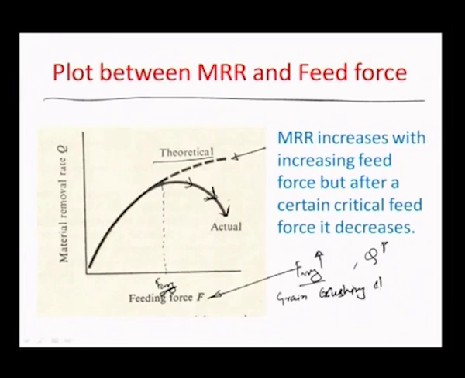So if the feed force is higher and higher, to a value where this F average per unit area of the grain equals the ultimate flow stress of the abrasive grain itself, then there is a possibility that the grain itself would get broken into pieces, and there is a crushing effect. So the number of active grains available at that critical feed force would simply